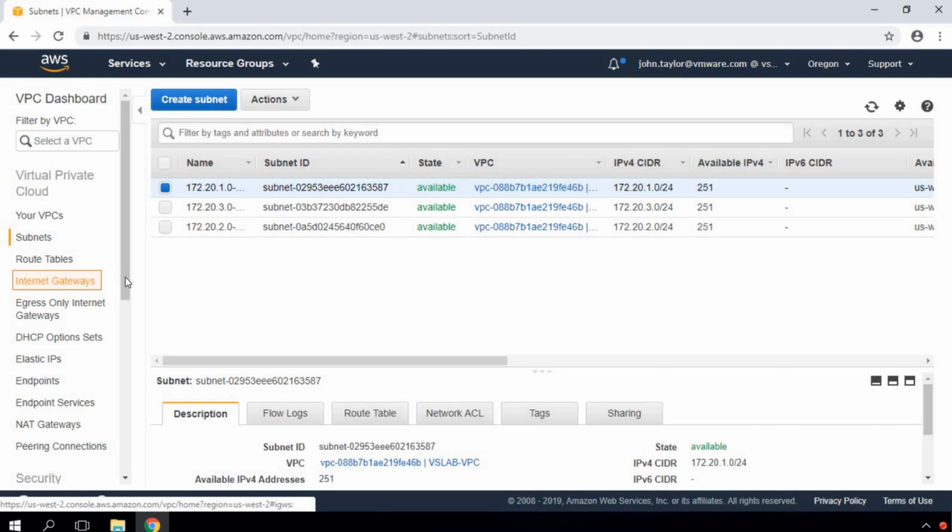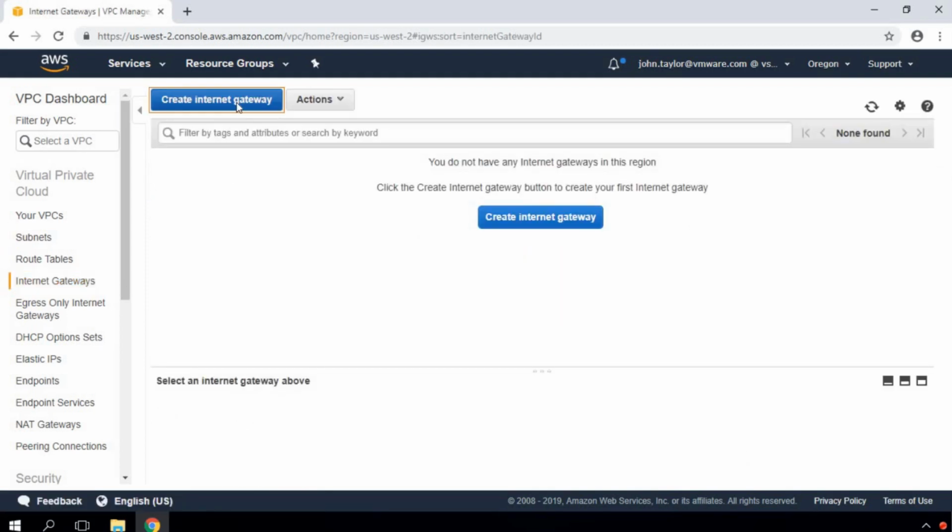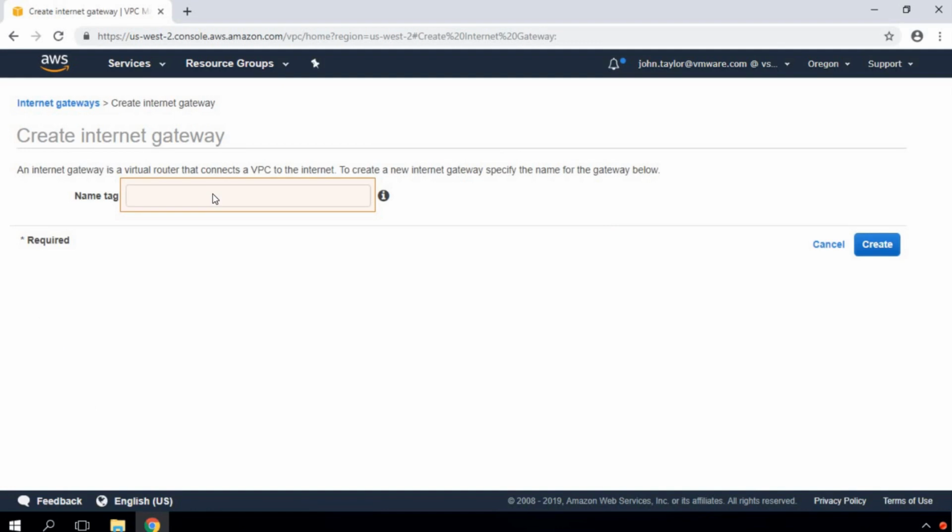We're going to deploy internet gateways. If you're aware of AWS networking constructs, we need to attach our subnet to the internet gateway when we would like our traffic to be routed to the internet, right? So that's where we're going to create an internet gateway, which gives us public connectivity. Click on internet gateways, click on create internet gateway, and let's again give some name and tag to this internet gateway, which works as a router and connects our VPC to the internet.